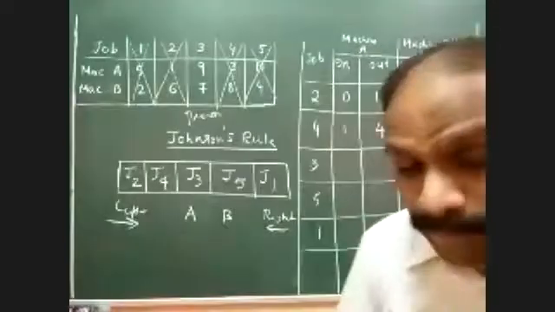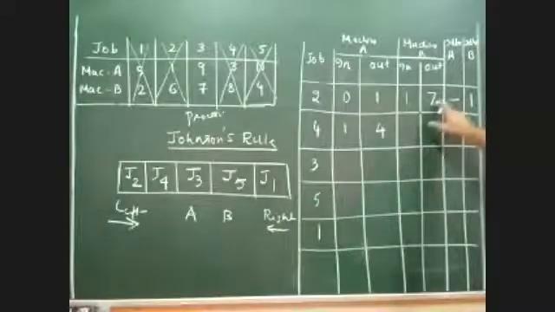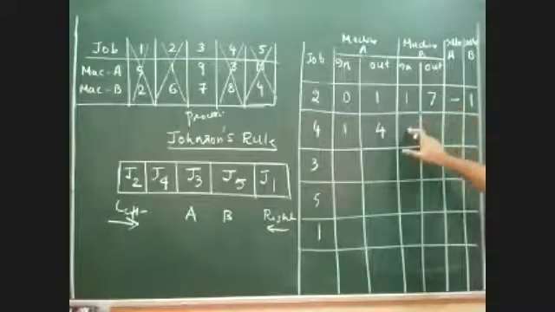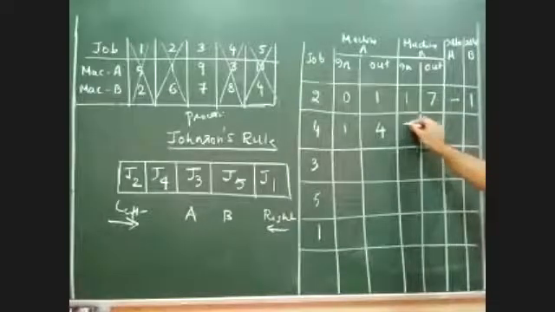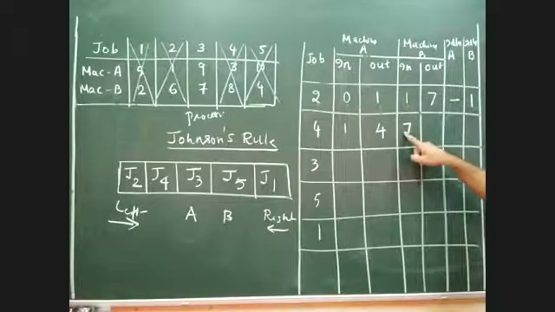I hope you all remember an assumption which I've told. At a time, only one job can be processed in one machine. Multiple jobs cannot be processed at the same time. That's a very, very important assumption of sequencing. Since the previous job is still on, I can start the new job only at the 7th hour. I should see when the previous job is finished, and at that time start the next job.